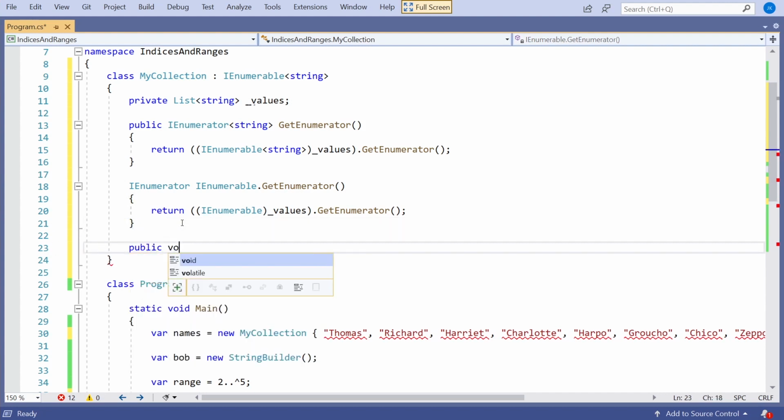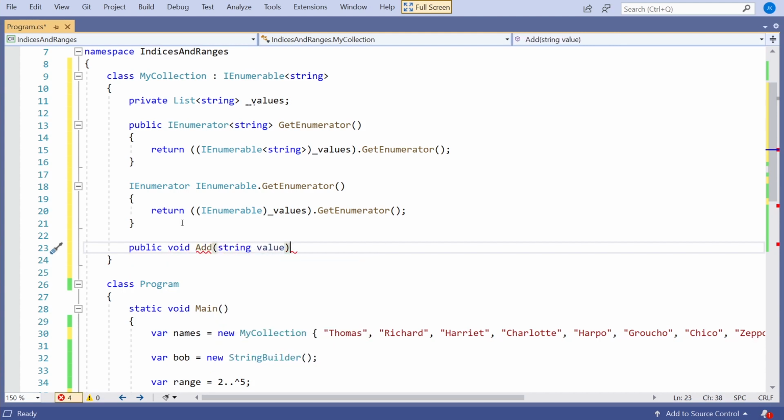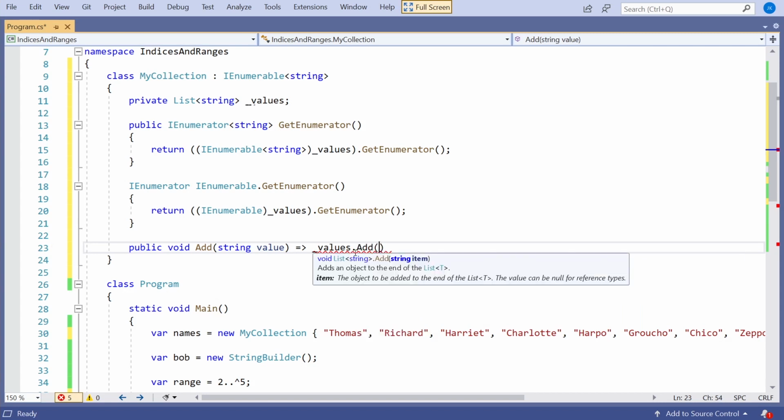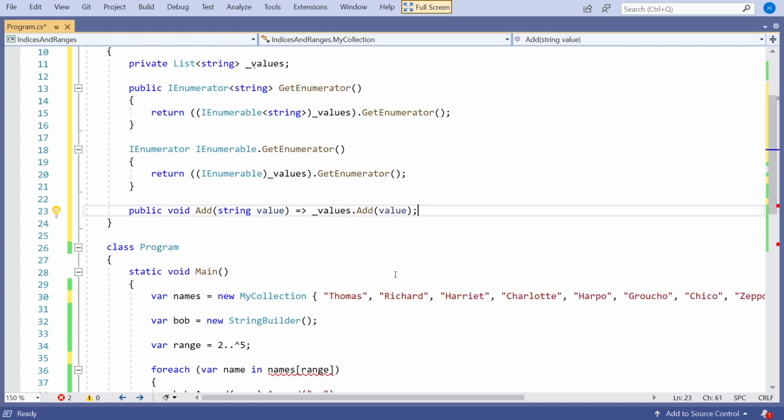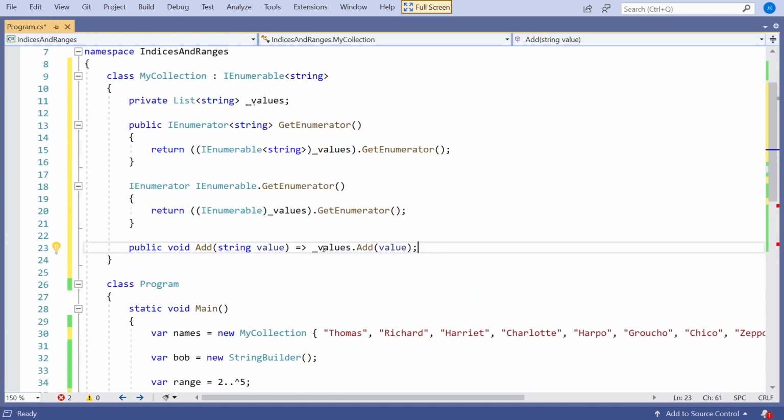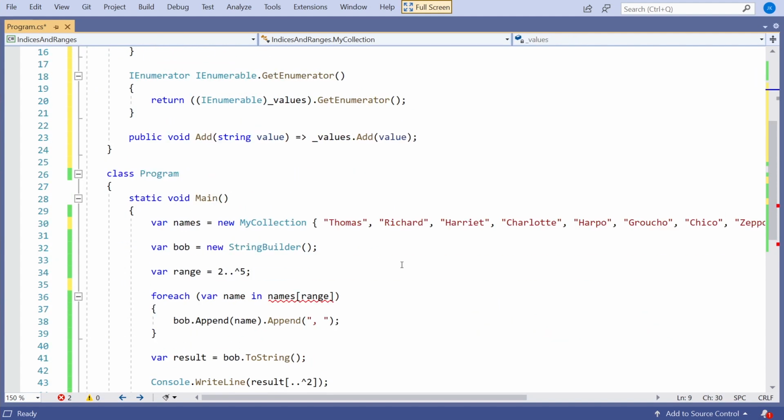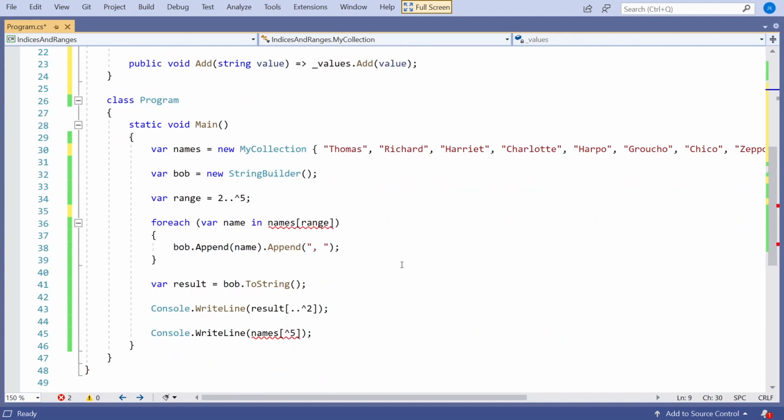So if I give this a public void Add that takes a string value, and then all that obviously has to do is add that into our other values. And now you can see that everything's happy in terms of that initialization. So that's just a little trick. If you want to be able to use this syntax in your collection, make sure it's got an Add as well as being IEnumerable.